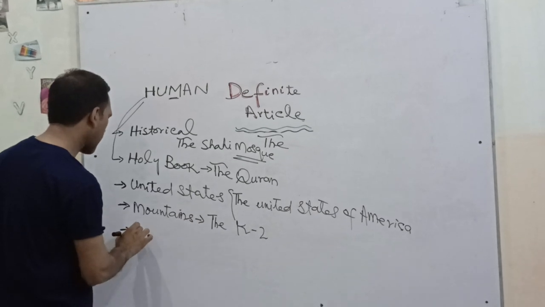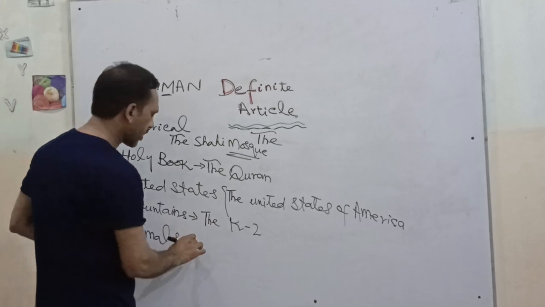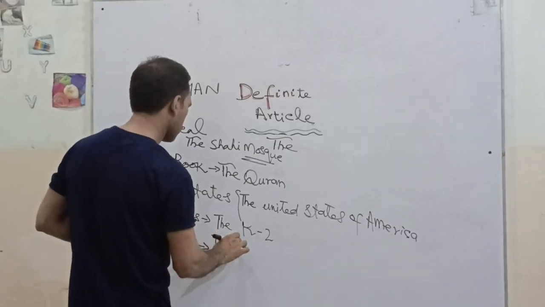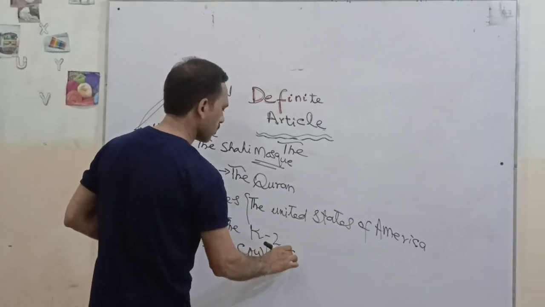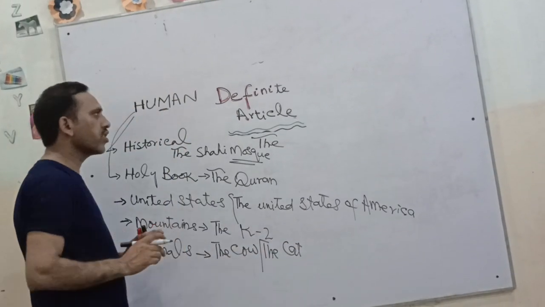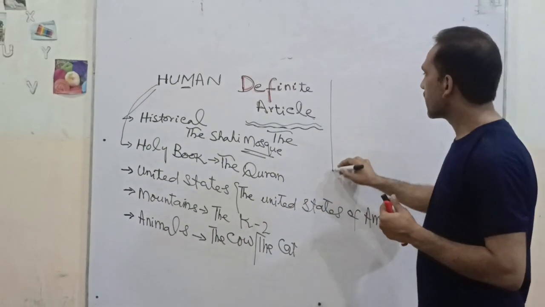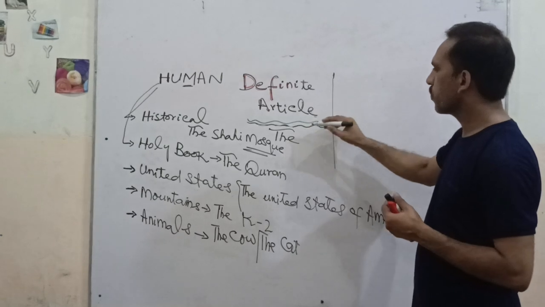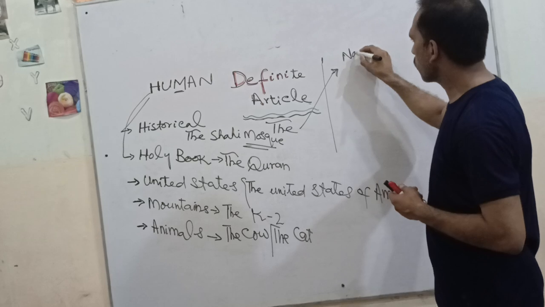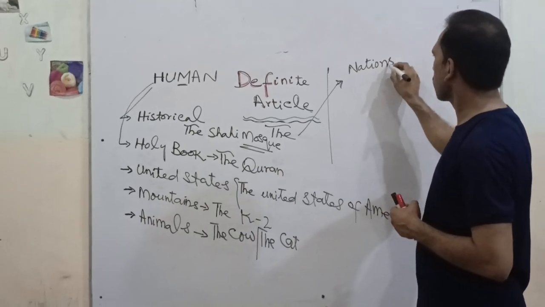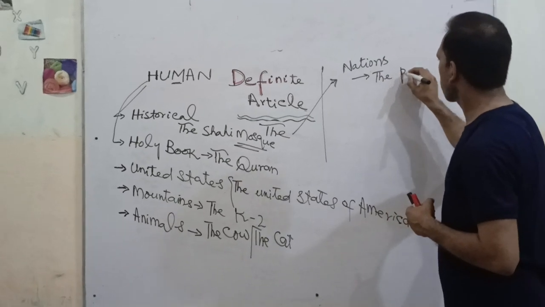So the other use of "the" is with animals. For example, the cow as well as the cat. The other use of "the" as a definite article is with nations. "The" is used with nations. For example, the